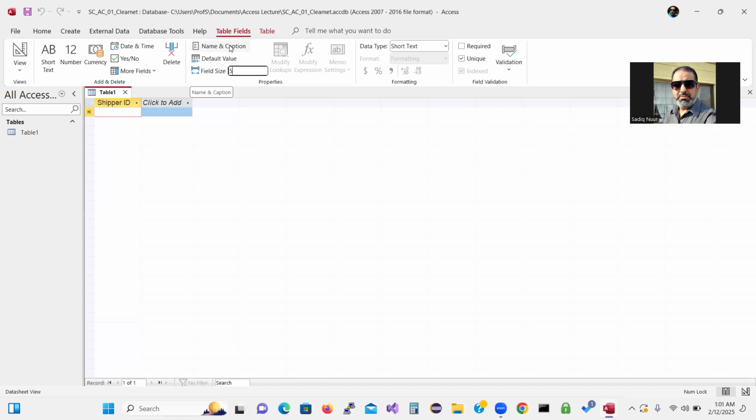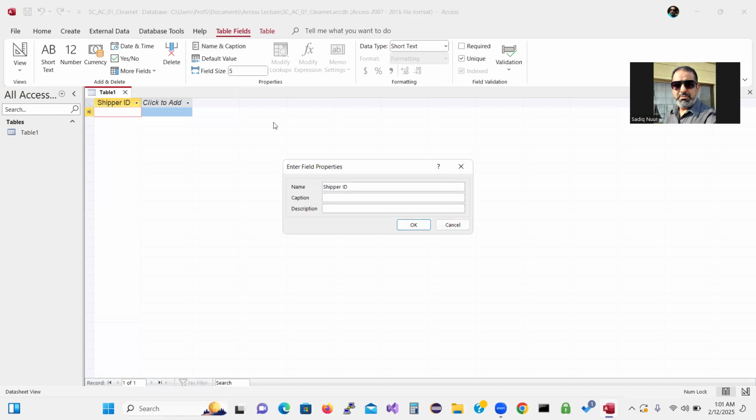To do that, I will click on the name and caption here under the properties group and the field tab. Click the name and caption. The name is shipper ID. Sometimes if you have a big column name, you can just create a caption of it, like the way I'm doing it, underscore ID, and then you can put a description,